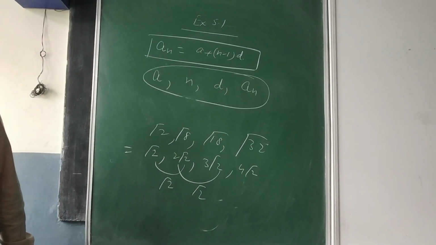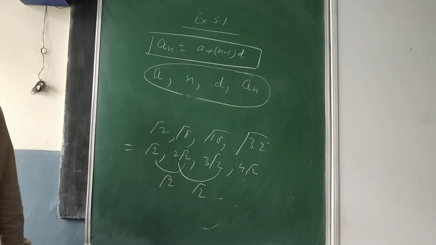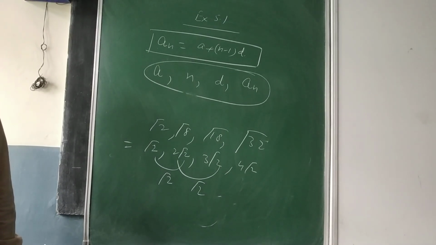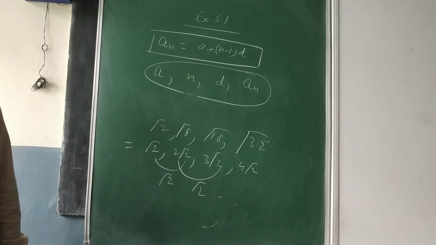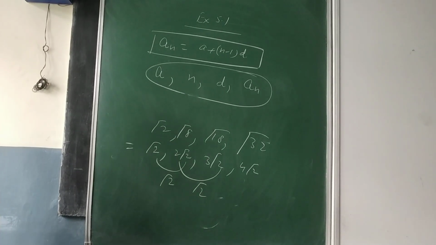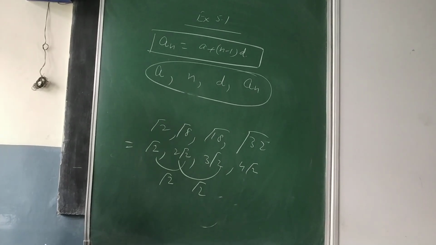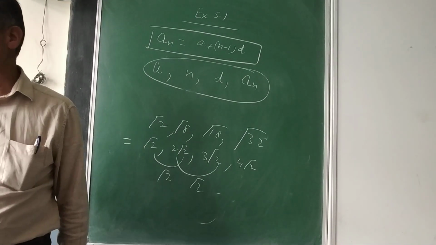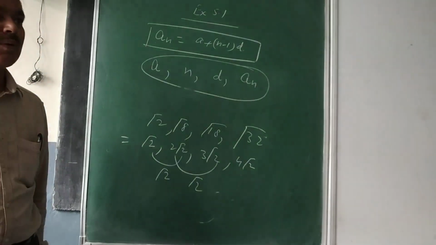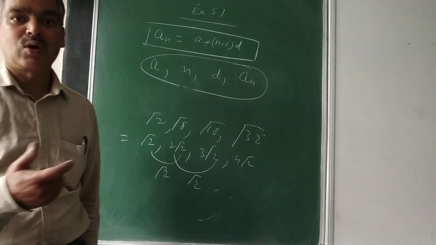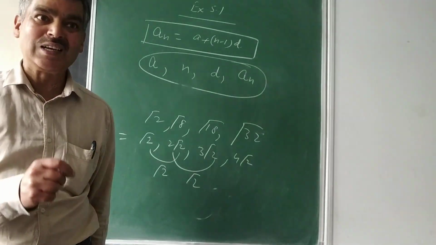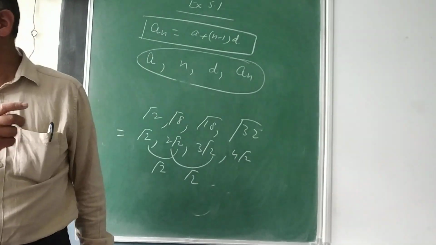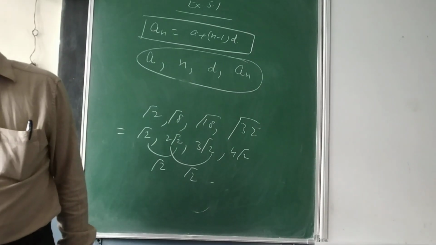Similarly, if you check the next part: root 3, root 6, root 9, root 12. Sometimes students simply do what? 6 minus 3, 3. And then 9 minus 6, 3, 12 minus 9, 3. No, it is not like that, because these are not like surds. So this is not an arithmetic progression. So please pay attention while you are solving this. No doubt the question is objective from the basic understanding point of view. This is all very important, but you need to learn very carefully just in the initial stage. So that is the point to be shared with you. So please devote quality time to all these 4 questions and their respective parts.